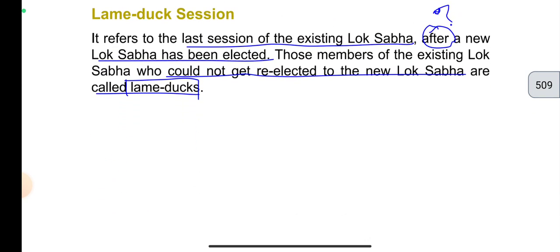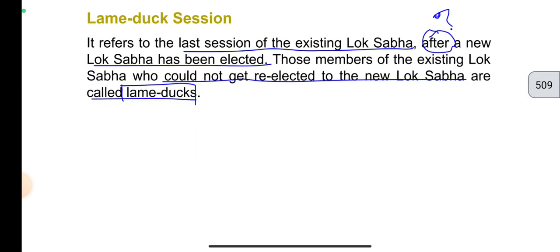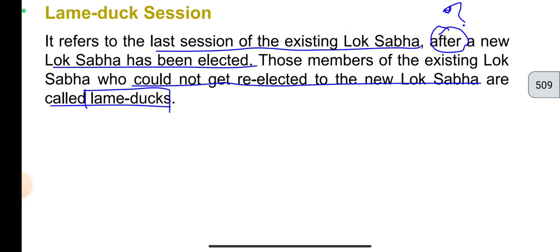Lame duck session. It refers to the last session of the existing Lok Sabha after a new Lok Sabha has been elected. Those members of the existing Lok Sabha who could not get re-elected to the new Lok Sabha are called lame ducks. अच्छा, लेम मतलब वो डक, ये तो पता होगा आपको, तो इसको लेम डक्स बोला जाता है क्योंकि वो री-इलेक्ट नहीं हो सकते।